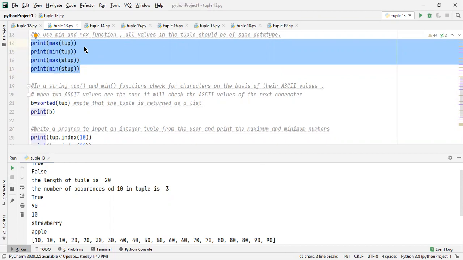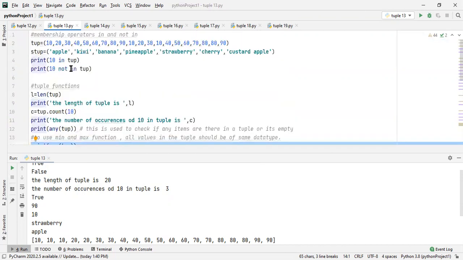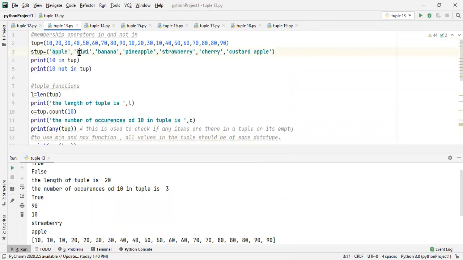Whenever we use minimum and maximum with tuples containing string values, the words, the alphabets, this A, K, all these alphabets, will be converted into ASCII values, and then they will be compared, and the highest value or the least value is returned. So maximum and minimum will check the characters in a string on the basis of their ASCII values.